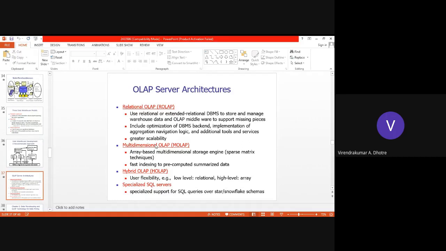It includes optimization of the database management system and backend.